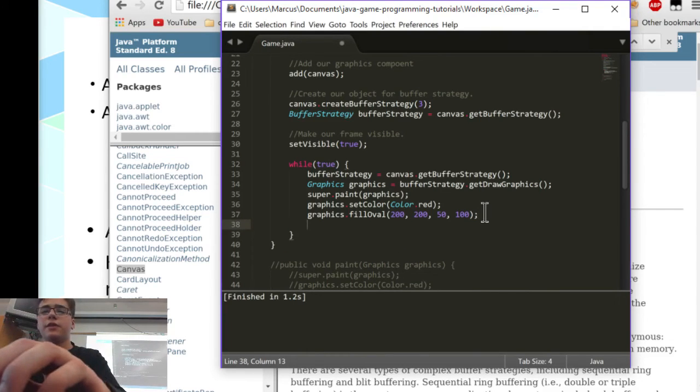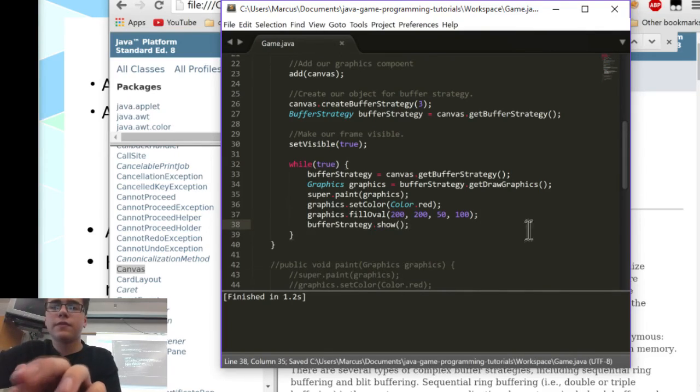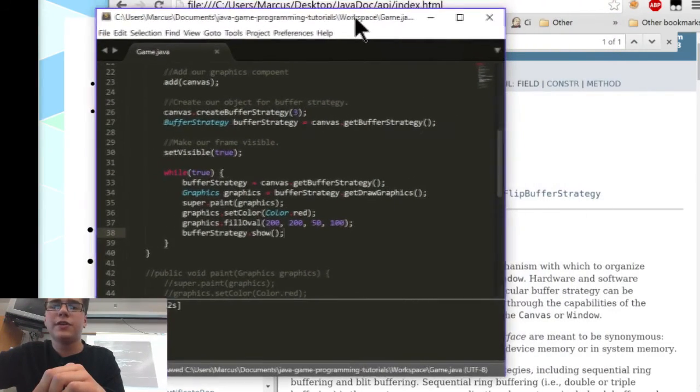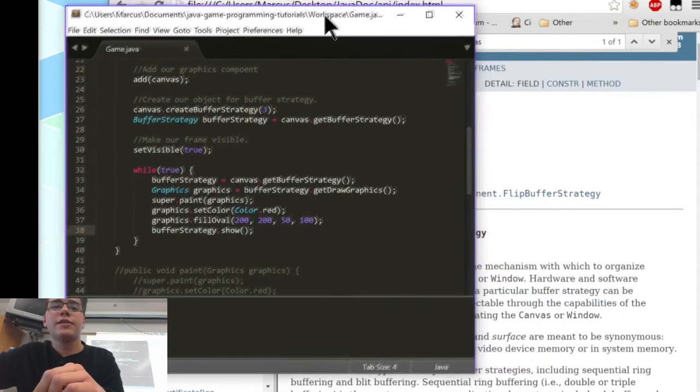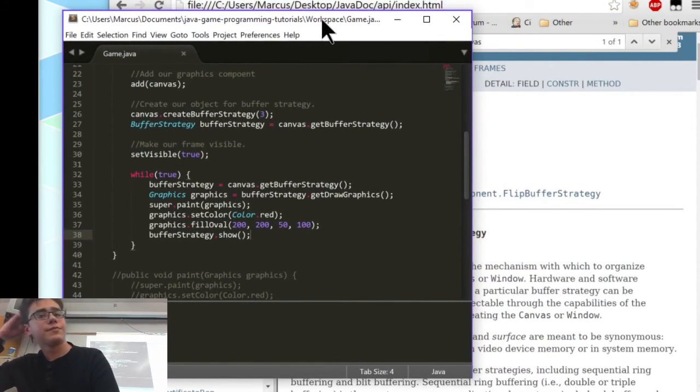And that is down here, we have to do bufferStrategy.show. And this just calls a method in the buffer strategy to tell us that we're done with writing to that buffer. So it's ready to show that buffer. And that just means show doesn't mean it's immediately going to be put on the screen. It's going to be put in the queue to be put on screen. If you have two buffers, or one, it does mean that you're going to be putting it on screen. But if you have three, it's going to be putting it in queue to be put on screen. It's actually kind of a vague method name now I think about it. It should be kind of like switch buffer, swap buffer, just show.